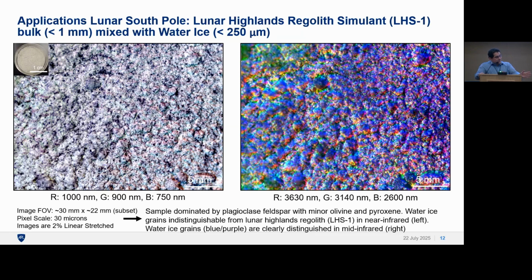You see on the left, you can't tell the difference, due to the high albedo of the materials, you can't really distinguish between the water ice and the regolith, especially since they're mixed, with the regolith clumped with the ice. But by going out to the longer mid-wave infrared bands, we can really start teasing out the water ice. Even if it's mixed with the regolith, you can see the water ice that looks kind of deep blue. And so if you go to the next slide,